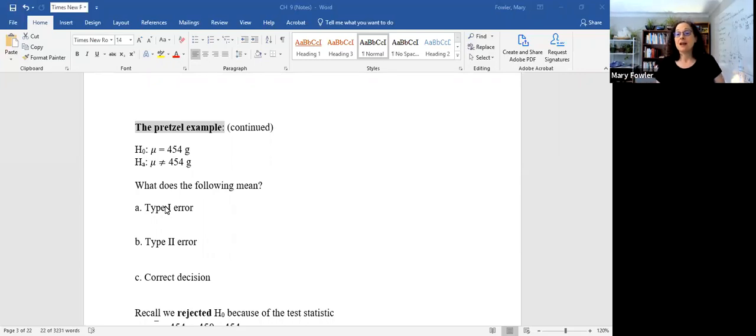Well, you might say, if it was already calibrated, why would you reject the null hypothesis? Because maybe we got a fluky sample of size 25, something that isn't as common, and sometimes that does happen. Okay, type 2 error for the pretzel machine is that it is not calibrated and you